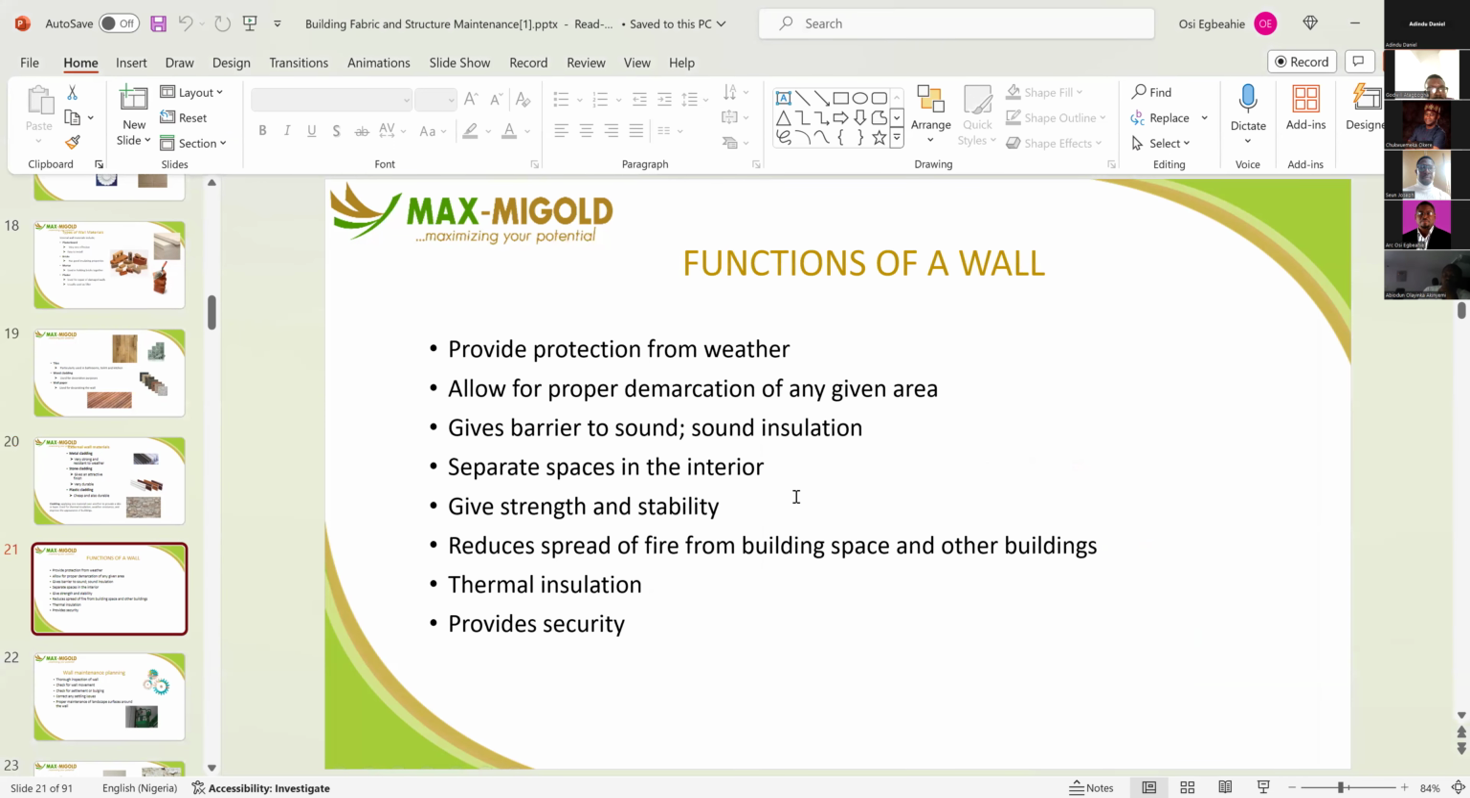Functions of walls. Walls normally provide a bit of protection from the weather, either hot or cold, allow for proper demarcation of any given area, give a barrier to sound and sound insulation, separate spaces in the interior, and give strength and stability to the structure. It also reduces the spread of fire from building spaces to other buildings, and gives a little bit of thermal control,